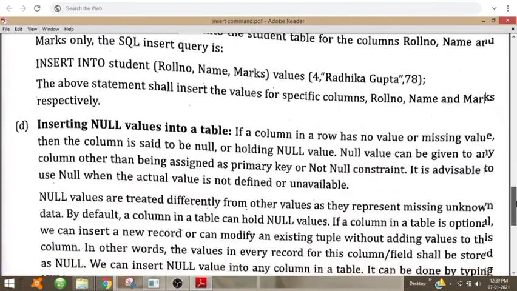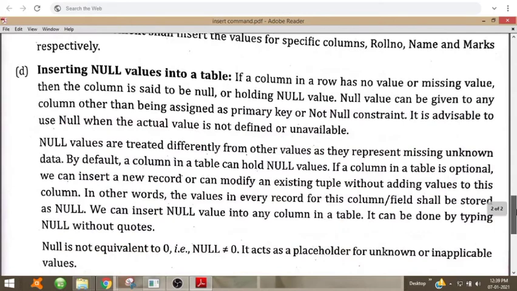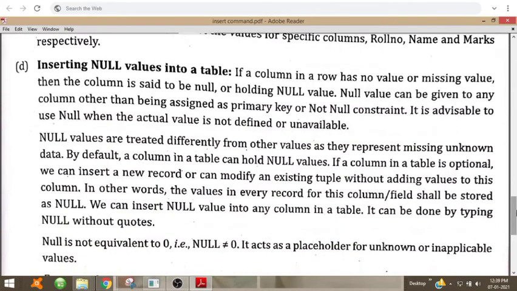Then, inserting a null value. If a column in a row has no value or a missing value, then the column is said to be null or holding a null value. A null value can be given to any column other than one assigned as a primary key or with a not null constraint.